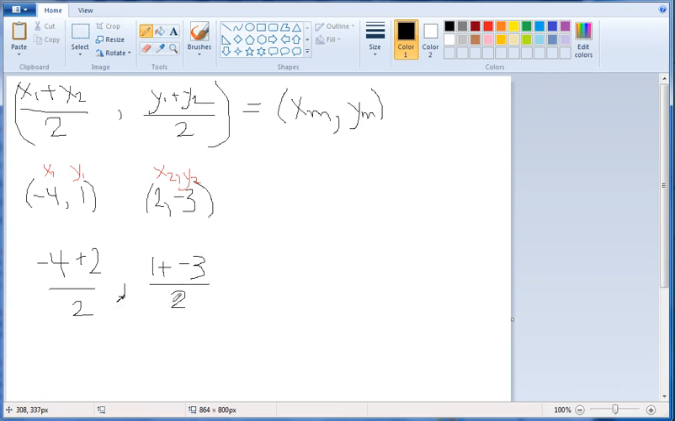Now I'm just going to simplify. -4 plus 2, well, that's basically 4 minus 2. So that's going to be -2 divided by 2. And we have 1 plus -3, 1 minus 3, which is -2 divided by 2. Simplify all of that, and you're going to get -1 as